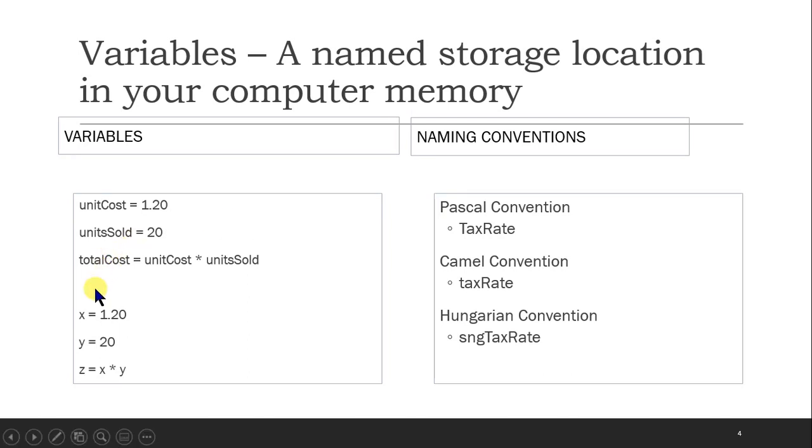Now see another example. X is equal to 1.20, y is equal to 20, z is equal to x into y. So both are the same, nothing changed. But look, when you use unit cost as a variable name, it looks good. You are able to understand. Both are correct according to the computer.